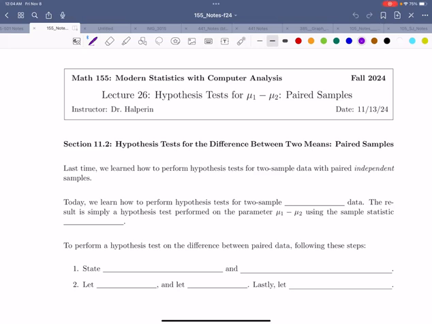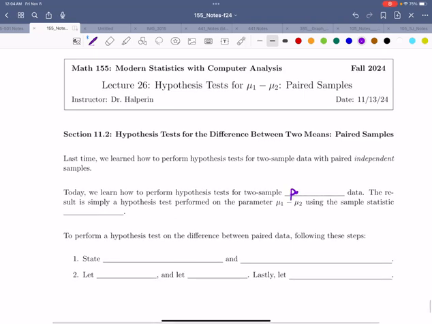This is our next video for SLO9. We're going to continue with two sample hypothesis tests, but we're going to look at paired rather than independent data. Remember that when we do paired data instead of independent data, what we'll wind up doing is we're really examining